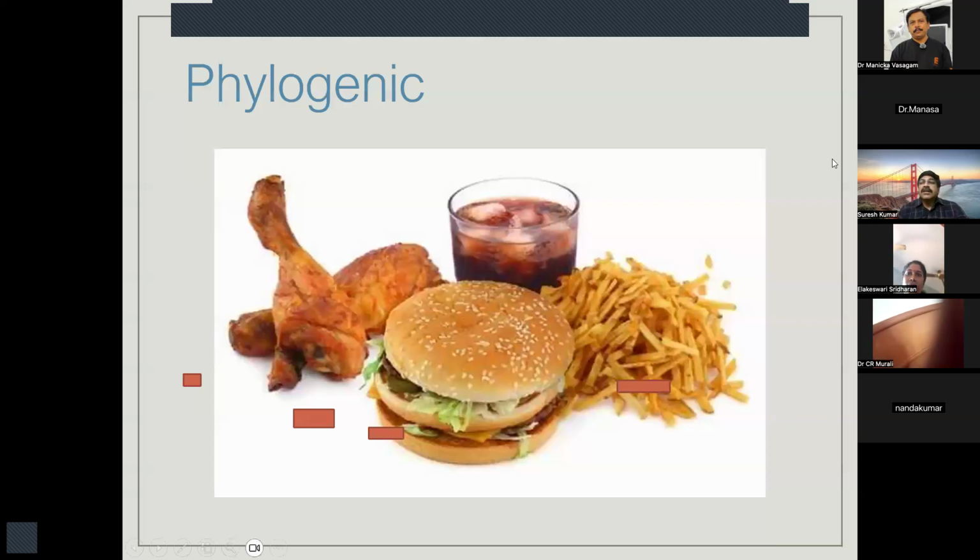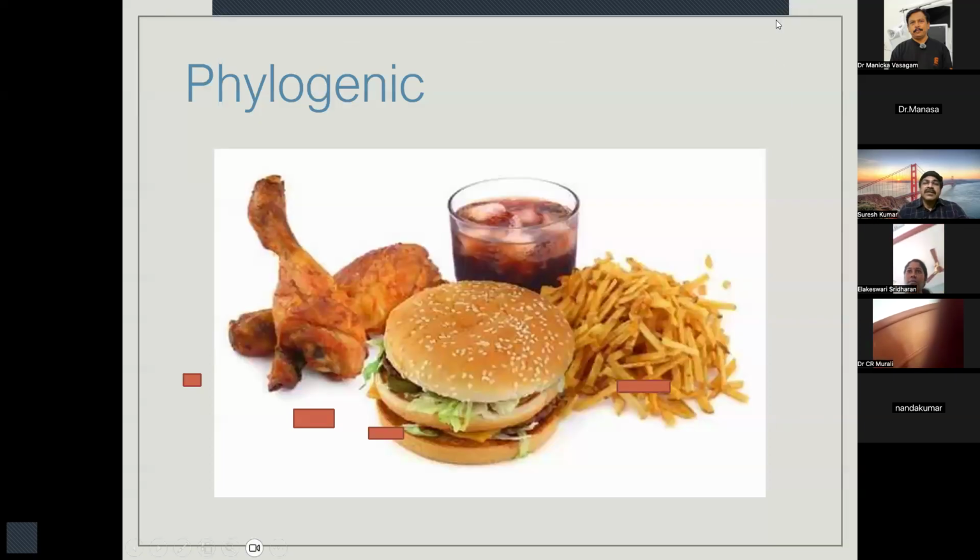This is actually a hypothesis, but we find this true because of the type of food we are taking today. All your children want to take only pizza and burger, and they don't like to eat greens or vegetables nowadays. So this will lead to more and more problems in the future. Impacted tooth is going to be even more common. This is why you have to explain to the patients why it was not very common in your parents and grandparents, but why you have it in your generation.